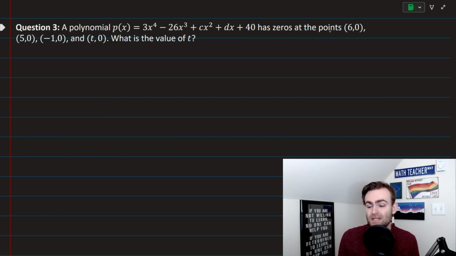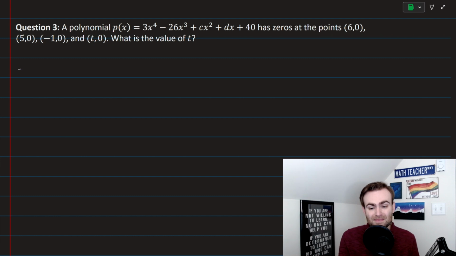We have zeros at the points 6, 5, -1, and t. What is the value of t? Well, we can use this information, like in the problem above, to find the missing values of the constants and then divide by all of the zeros that we know, but that is going to take a long time. What we can do instead is use the rule that all the zeros of